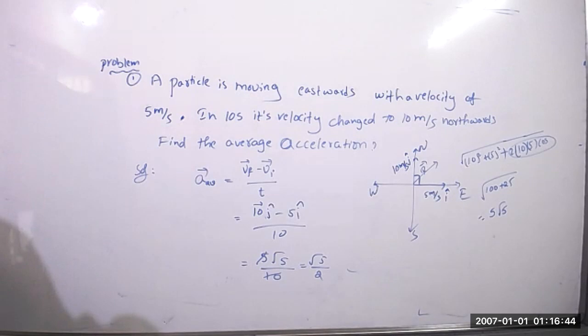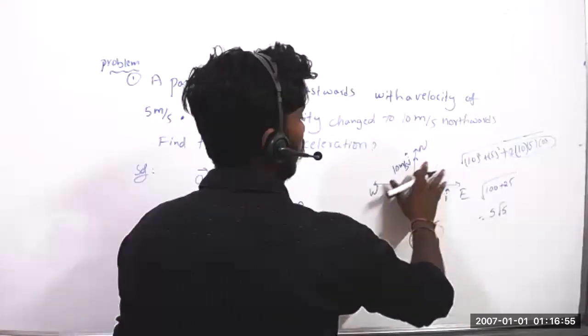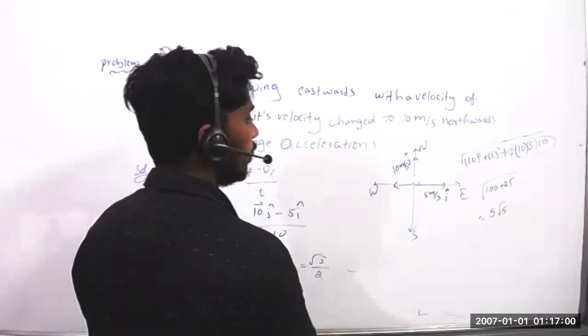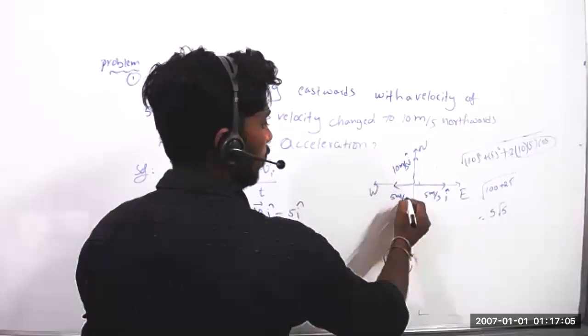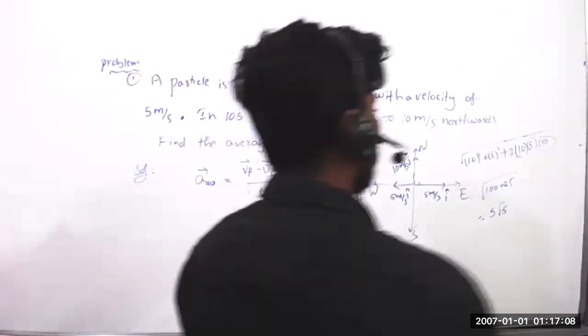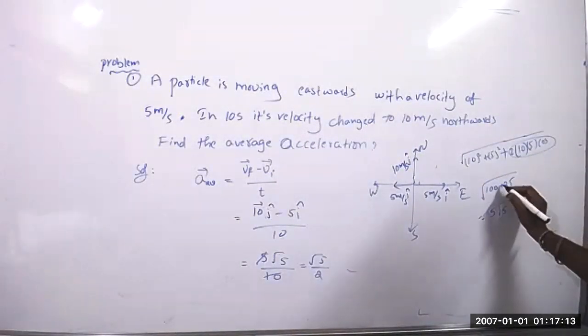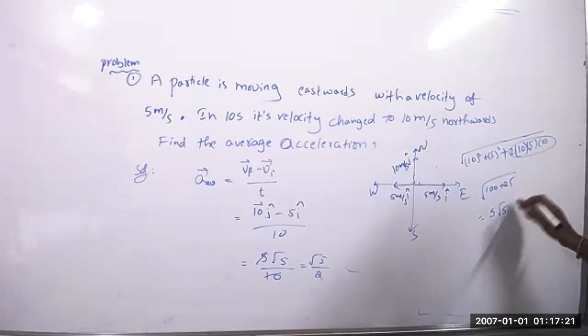Sir, sorry to ask, but we have to find the difference between 10 J cap and 5 I cap, right? So why are we adding? Actually, what you have to do for the resultant is take the difference, so it will be 5 meter per second minus I. So here what will happen? Minus 25, that will be plus. Anyway, it is correct.